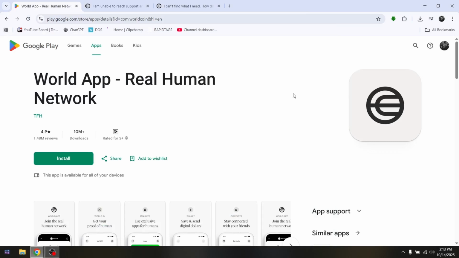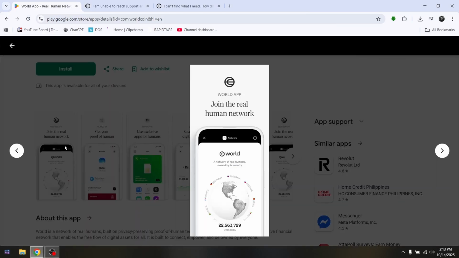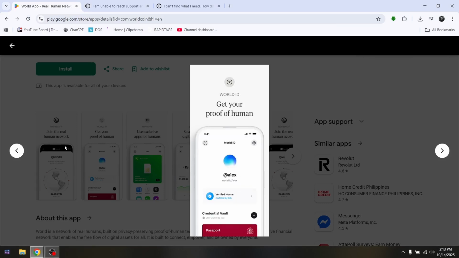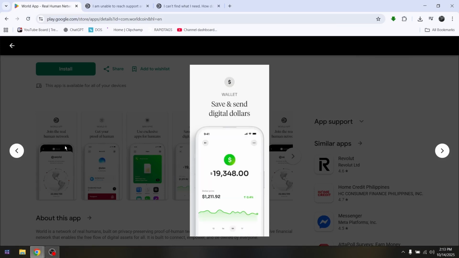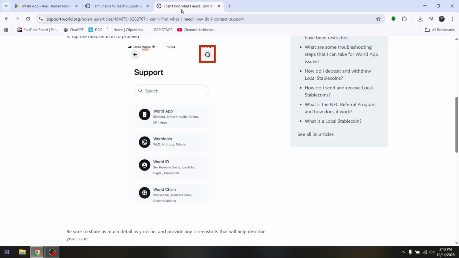How to fix World App restricted account. Now, this is going to be a case-to-case basis issue scenario. Say, for example, the specific customer chat support icon is currently not visible on your application if